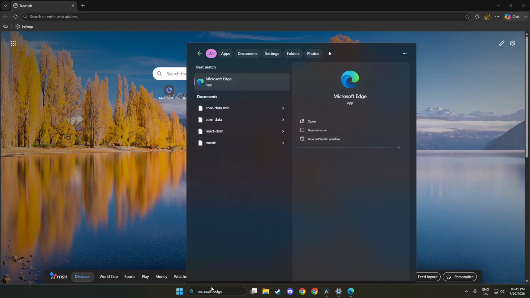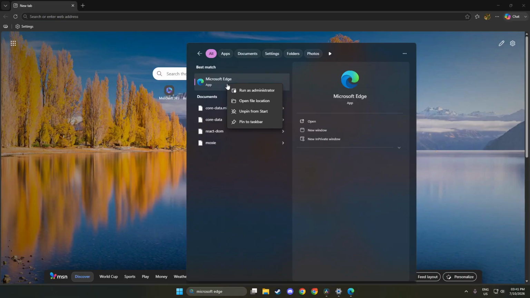When you see Microsoft Edge appear in the search results, you're almost there. Now, you need to right-click on the Microsoft Edge icon that you found in the search results. Right-clicking is an essential action in Windows. It opens up a context menu that gives you various options related to the selected item. By right-clicking the Edge icon, you'll unlock more possibilities to customize how you access this browser. This step is crucial because it allows you to take control of your workspace.